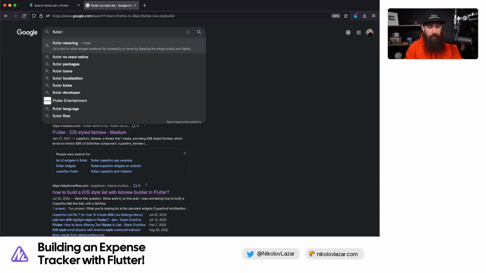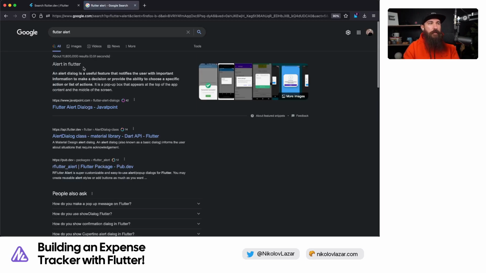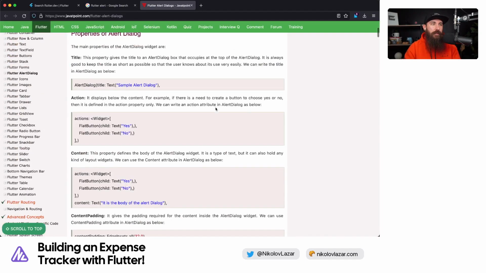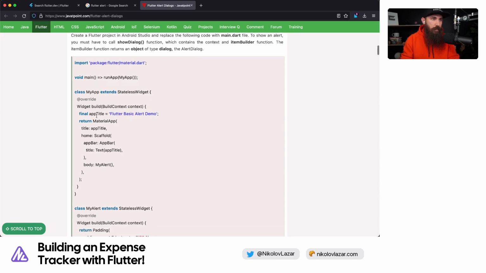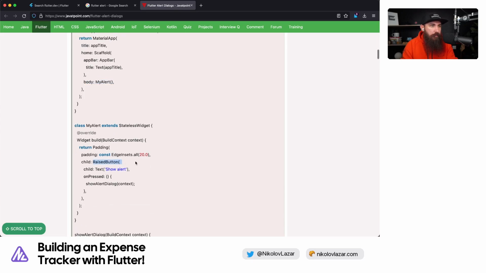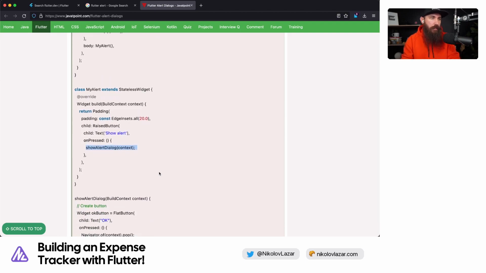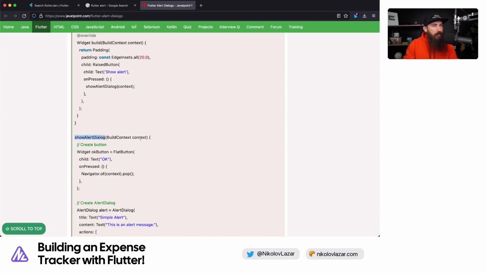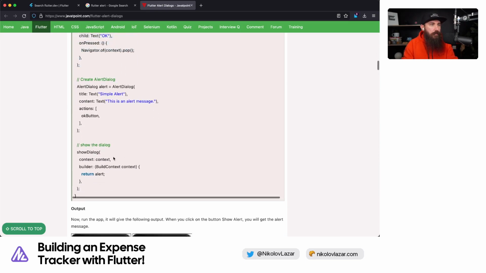But we'll just show an alert, an iOS alert, or just an alert. Can we do that? I believe we can't. It's going to show an Android alert, right? Status widgets, material app, my alert. There's a raised button that shows the alert dialog, show alert dialog with context, and that is passed as a function. Okay. There's a widget inside, and then there's also these things. So